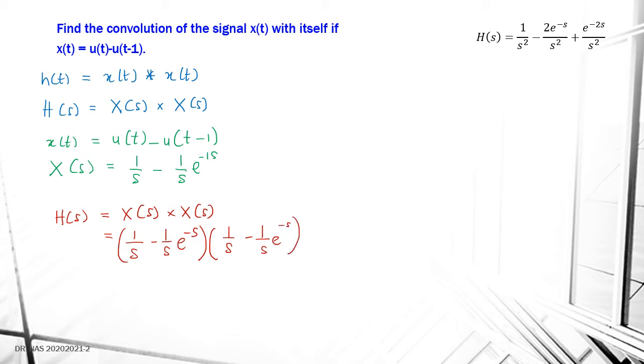Okay, so you need to solve this until you get the final equation. H(s) is equal to 1 over s squared minus 2e^(-s) over s squared plus e^(-2s) over s squared. So in this case,